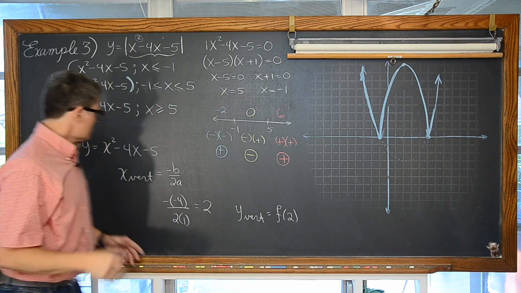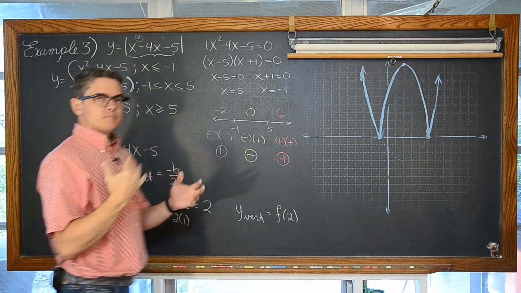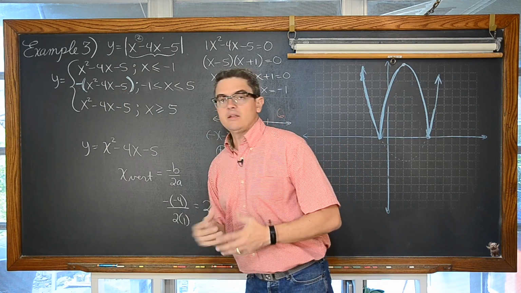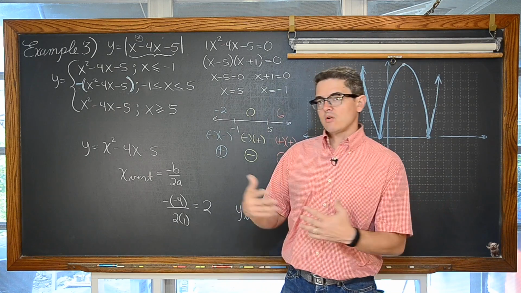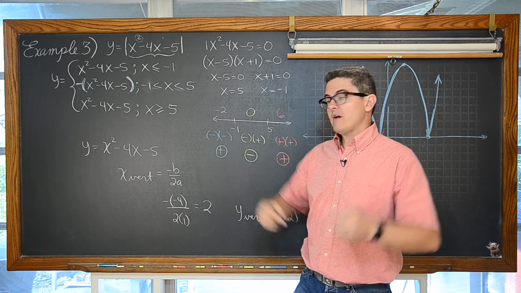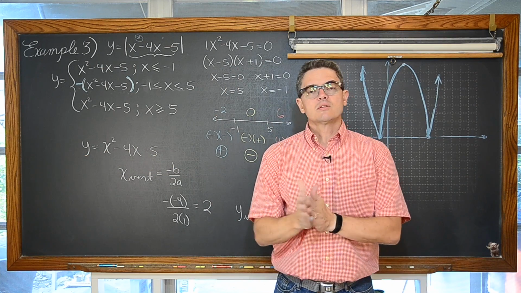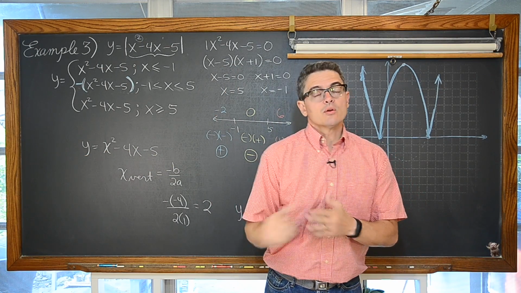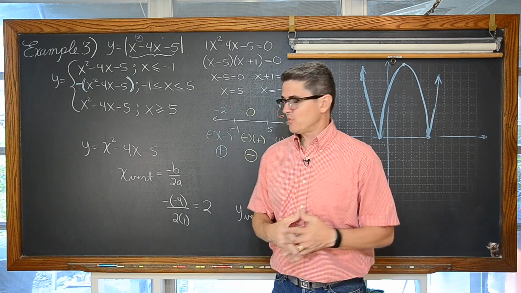Now, another way that you can talk about graphing this parabola is by completing the square and getting it into what's called vertex form, or, well, it depends on the textbook you're using. It might call it standard form, might call it vertex form. I'll have a link to that as well if you want to review graphing quadratics by completing the square to put it into, again, that vertex or standard form, depends on what your textbook calls it.